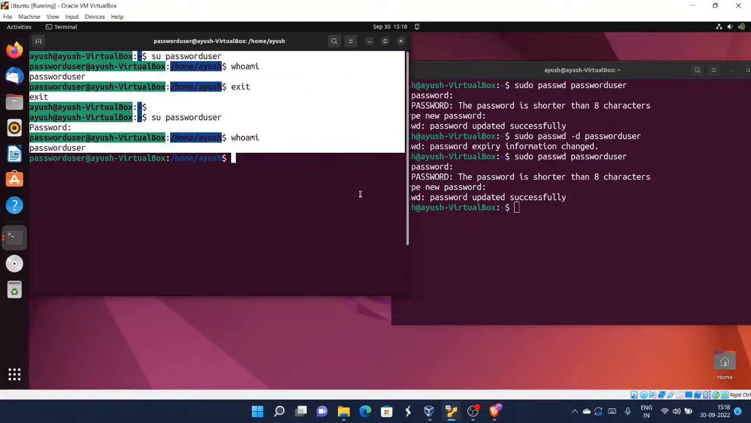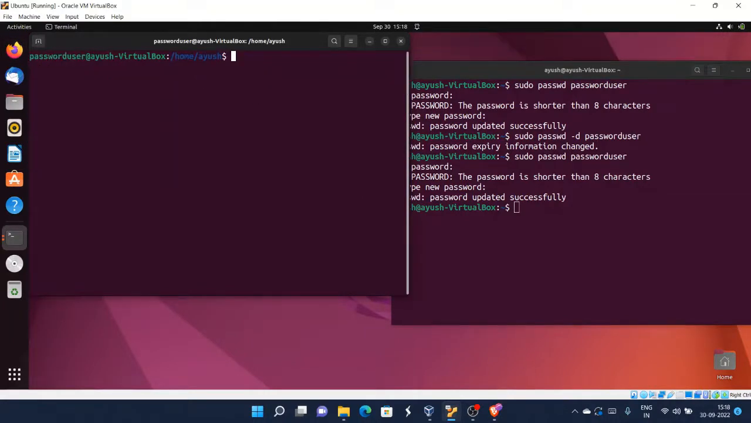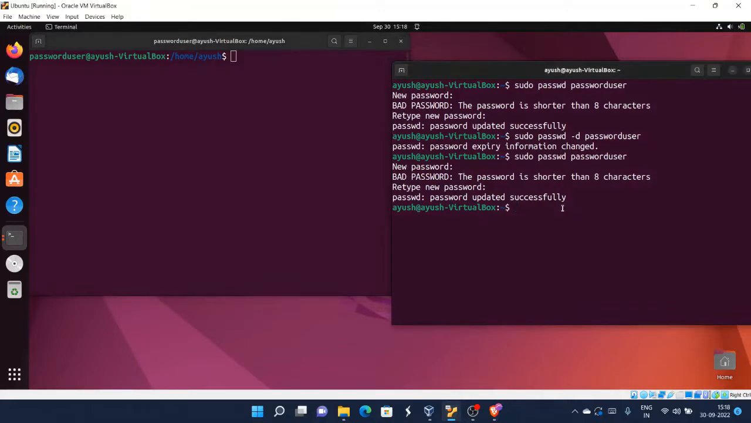Okay, so in this way you can add the password, remove the password, or you can log in into that account using terminal, using the switch user command. So you got a lot of information till now. Okay, now moving forward,